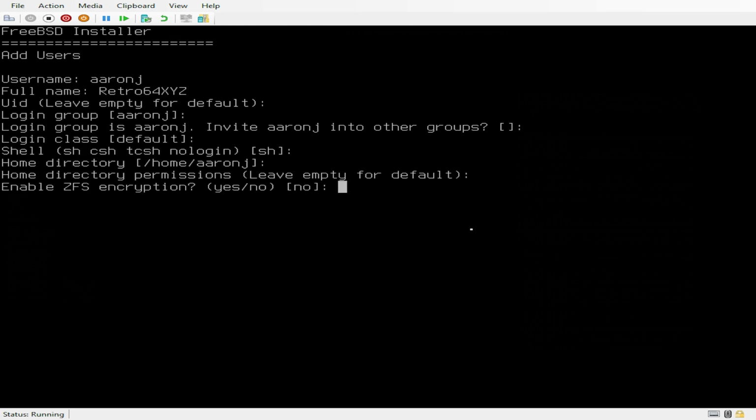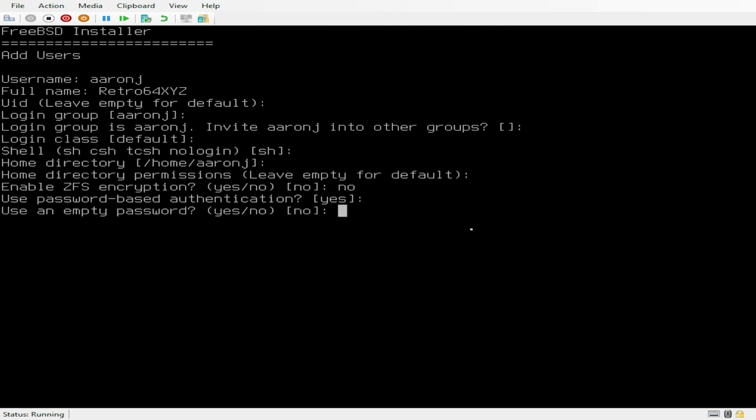Do we want to enable ZFS encryption for this user? I'm going to choose no, because we are going to be doing some moving around in here. Maybe later we can enable ZFS encryption, but right now we don't need it. Will we use a password? Yes. Will we use an empty password? No. Random password? No. And then I'm going to use the same exact password that I used for the root